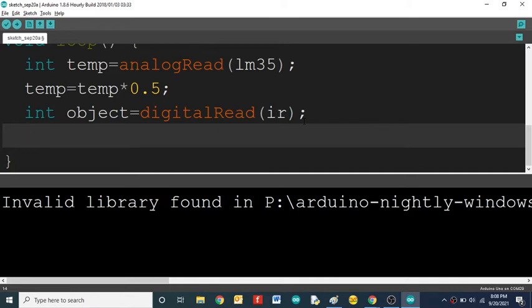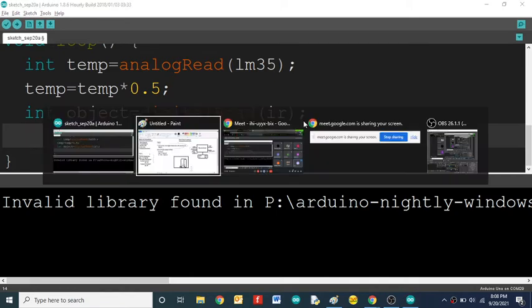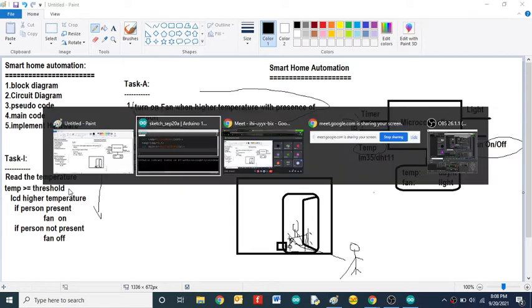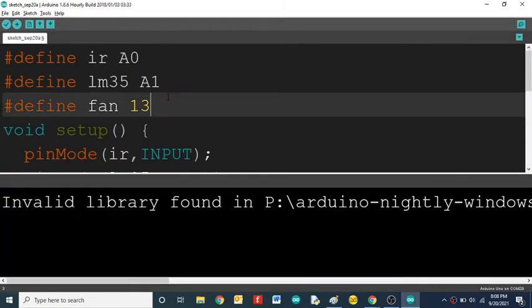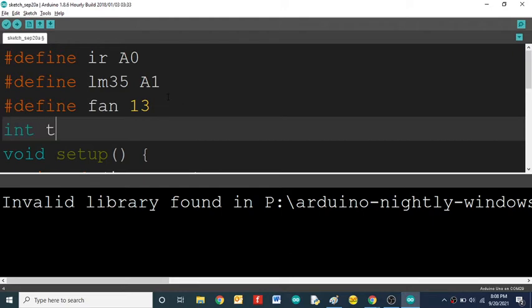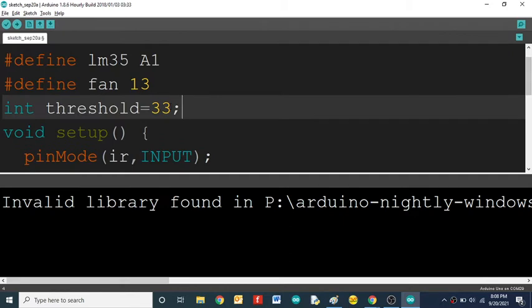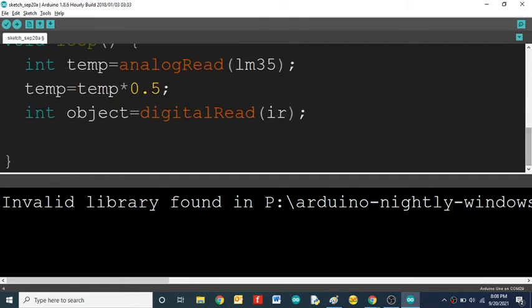First I will go for the flow: first I need to read the temperature, then check the threshold value. For the threshold value I will use int threshold equal to 33. You can set it as you wish.